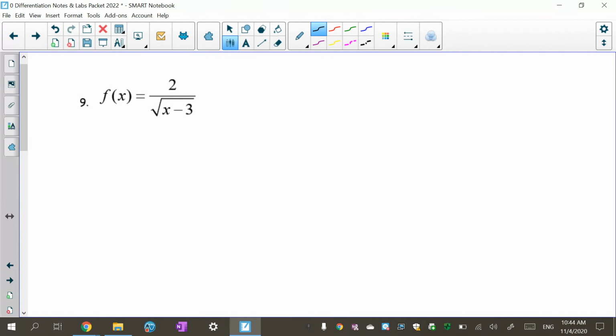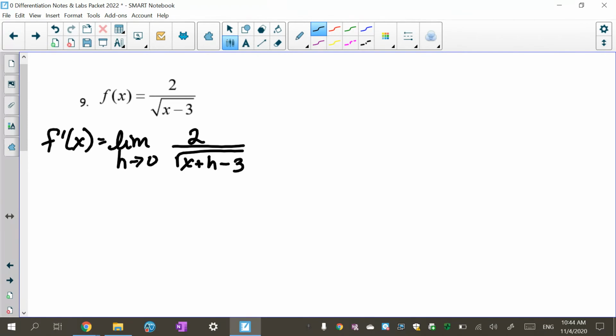So again, I did this in class yesterday where it's a fraction and a radical. So basically, you're going to plug it in the definition of the derivative again. So I'm going to find f prime of x equals a limit as h approaches 0. Now I'm going to plug in f of x plus h first. So the x plus h goes right in the x spot. So it's going to be 2 over radical x plus h minus 3, okay? And then from there, I'm going to subtract my f of x, my function,